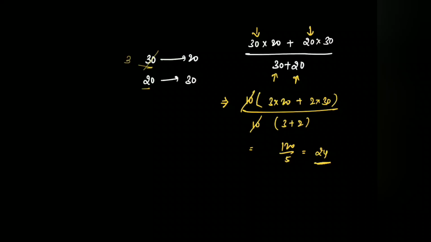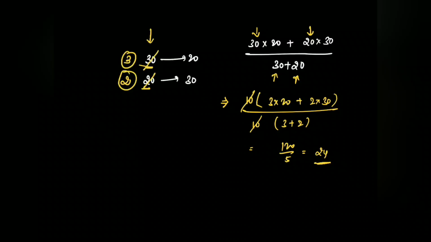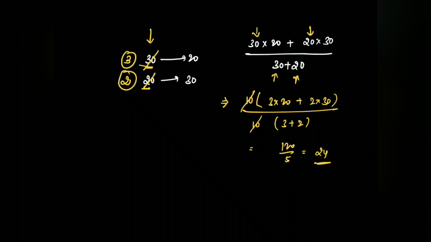Suppose 10 3s are 30 and 10 2s are 20. Even if you take 3 observations whose average is 20 and 2 observations whose average is 30, you'll get the same answer. So always remember, for the number of observations, you don't need to take the values. Even if you take their ratios, it's enough. So that is very, very important here. Take the ratios of the number of observations. You don't need to take the values as they are, like 30 and 20, because you can take the common factor and cancel it. Whatever is common between 30 and 20, you can cancel it.